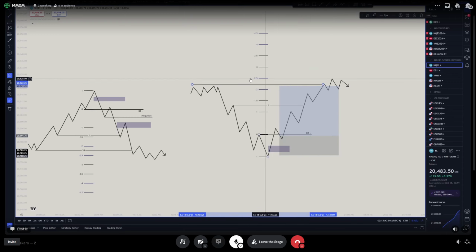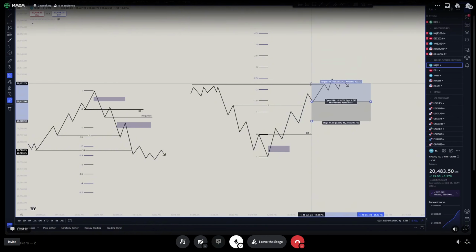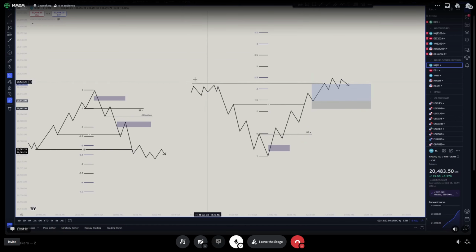If you are getting in at the second stage of distribution, which will most likely happen after you take this 1 and 1.5 zone, after you take this liquidity here, you get in right here, you're going to be targeting here. And there's completely nothing wrong with getting in on your second stage of distribution. You're still going to get your money, right? It's just going to be a lot safer option because you're now going to have a lot more context of